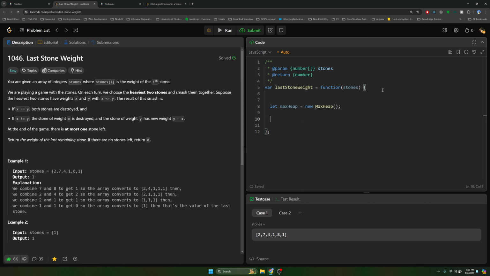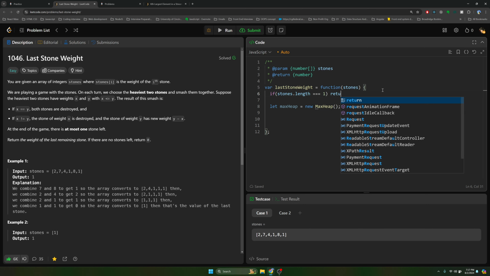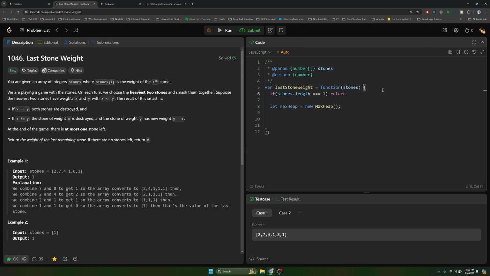Okay, so we have to do it until there is just one element left. If stones.length equals 1, actually we can return stones[0] right away. Okay, we don't even have to do anything here, but yeah,